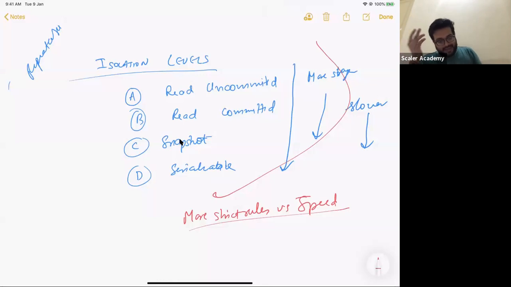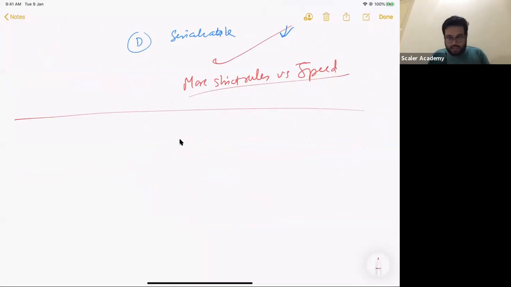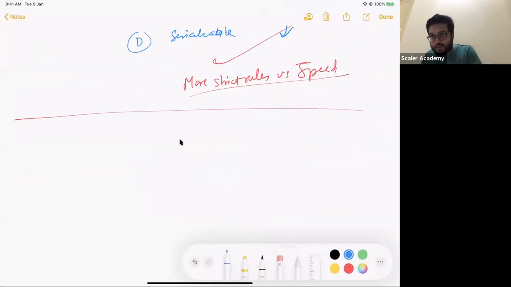Cool. Let's start discussing them one by one. I will first discuss read uncommitted. But before that, I think it's the best time to discuss how states in a DB are maintained, which would also explain how atomicity is performed. Can somebody take a guess how atomicity is ensured? What was atomicity? That either everything will happen or nothing will happen. Can anybody take a guess how atomicity is maintained?